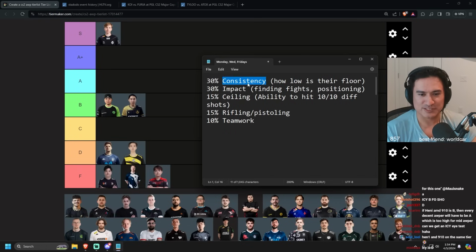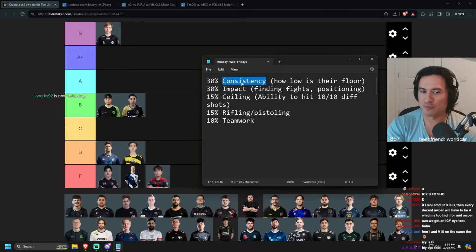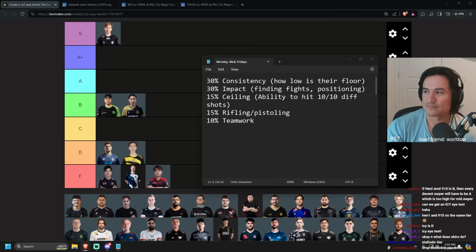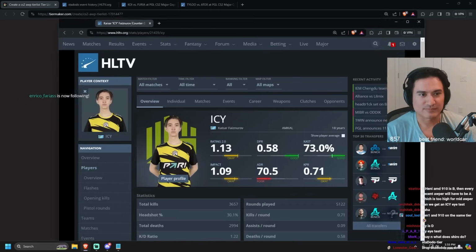I think consistency, he's actually okay for his own play. When people do go to him, he does pretty well, but he doesn't put himself in winning positions very often. But I think that might be hard on M-Call. I can't really rate his rifling and pistoling, but ceiling actually okay. He does hit some pretty cool shots from time to time. He passes an eye test, but...